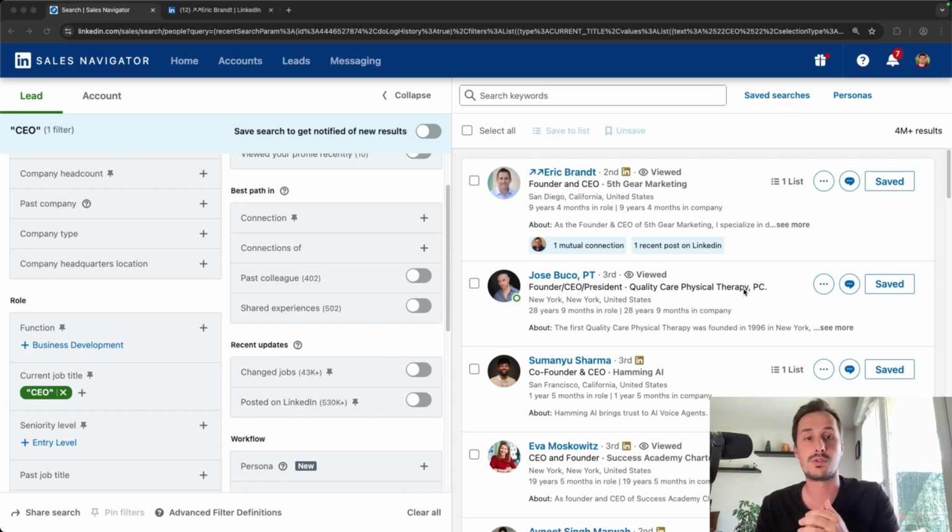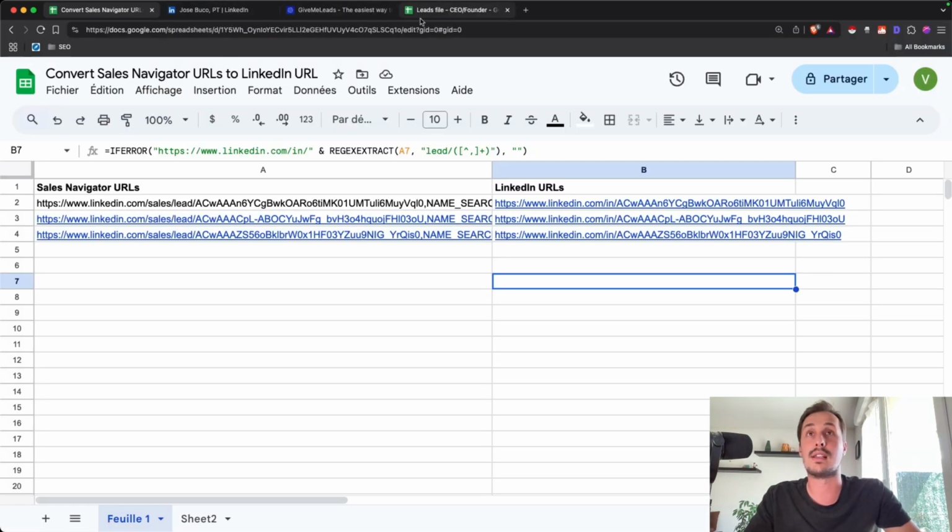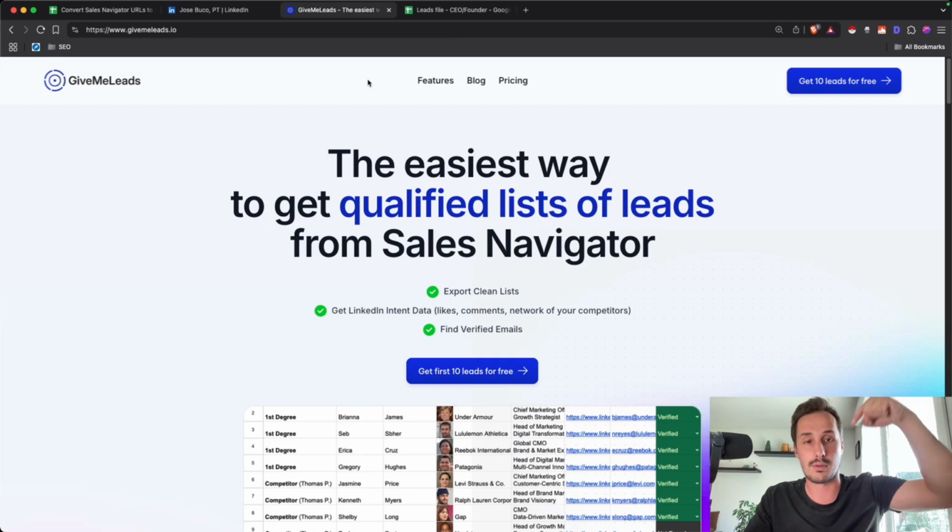But of course, you don't want a Sales Navigator URL, you want the LinkedIn one, because the LinkedIn URL is mandatory if you want to upload your leads list into an outreach tool, or even if you want to upload your leads into a CRM. So if you want to automatically get the LinkedIn URL of your leads from Sales Navigator, you can try the tool Give Me Leads. You can click on the first link in the description